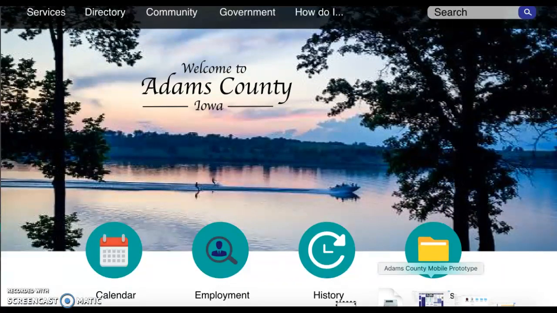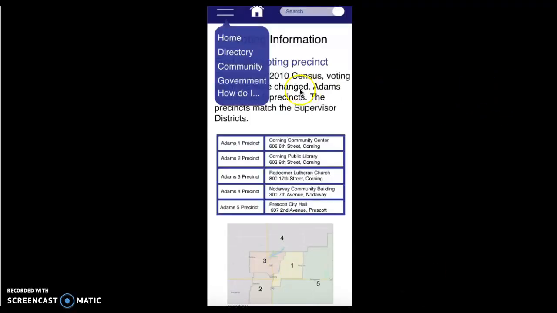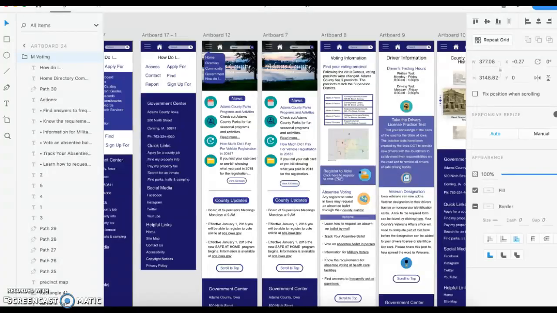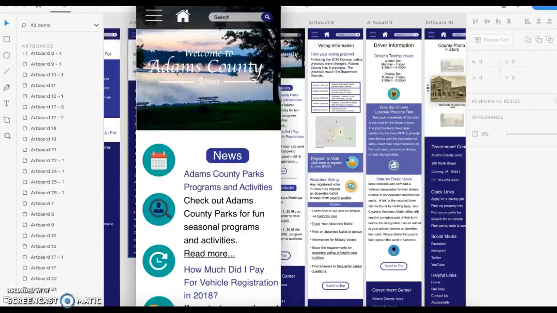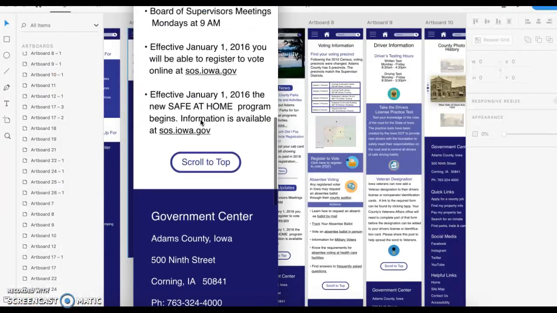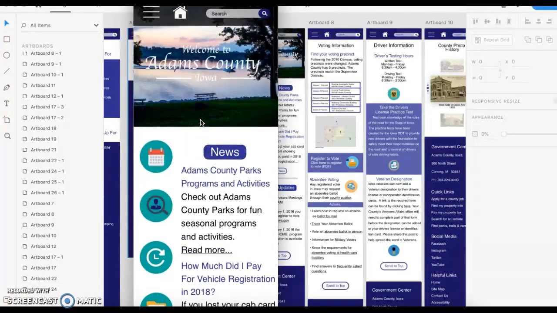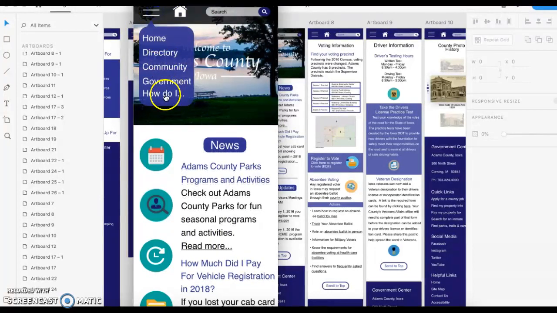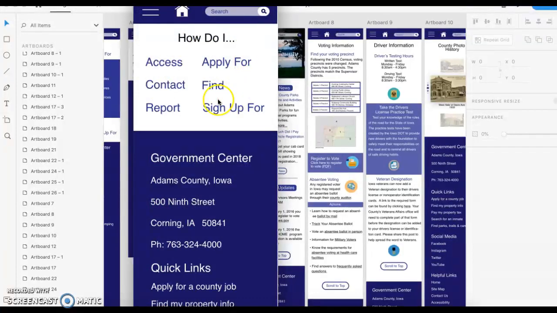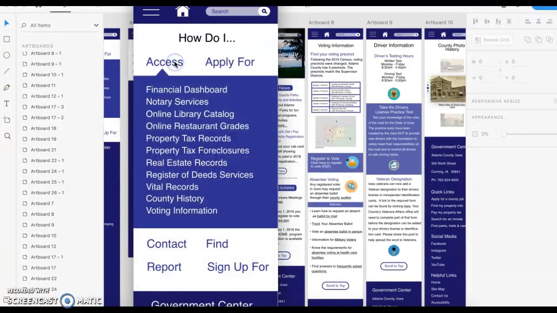And we also had to create a mobile version of this, and mine's basically the same as the website. As you can see, you can scroll down through here. Things are just laid out a tiny bit differently. But to access the how do I tab on the mobile, you just go to the hamburger menu and then click on the how do I, and it'll take you to this page. So this one is a little more condensed, but if you just click on what you want to find, you can go to